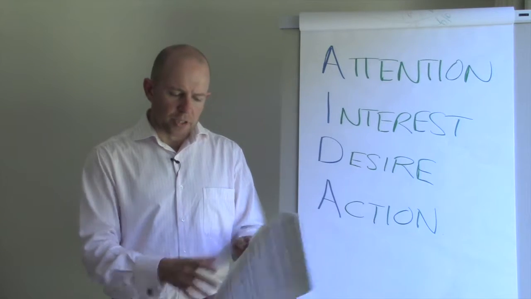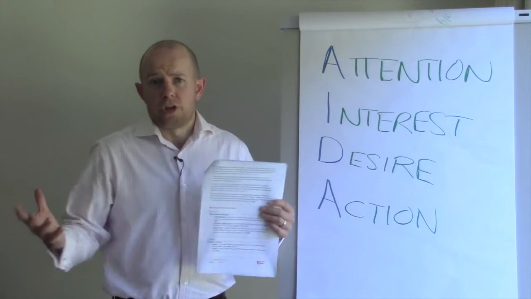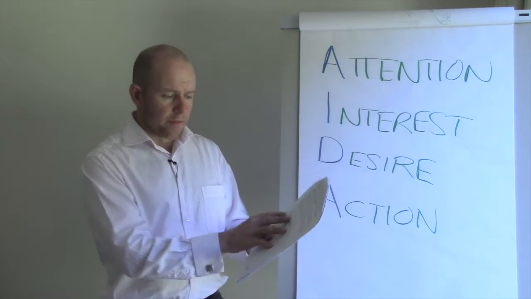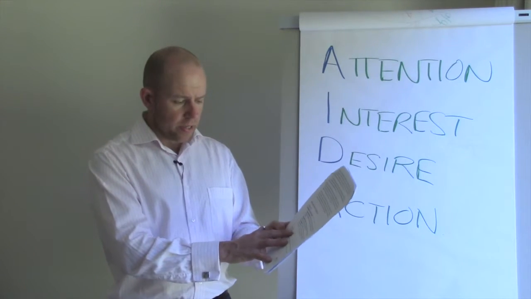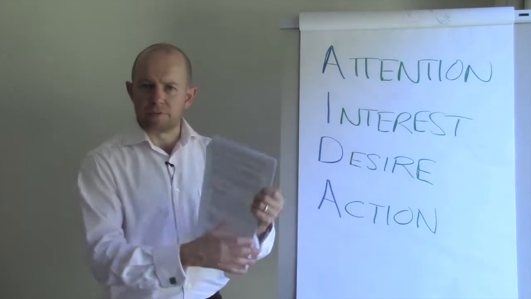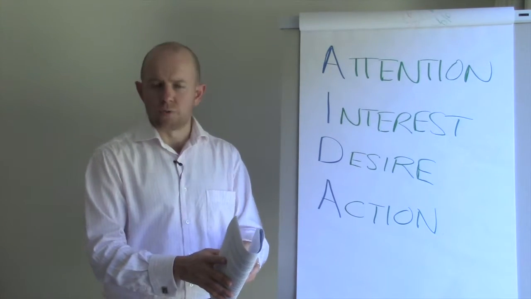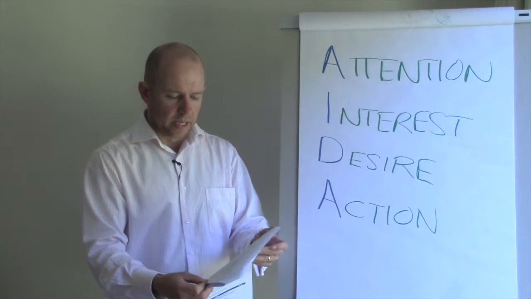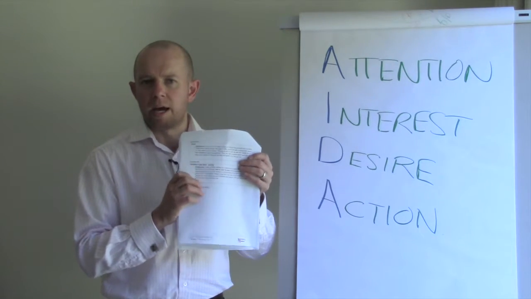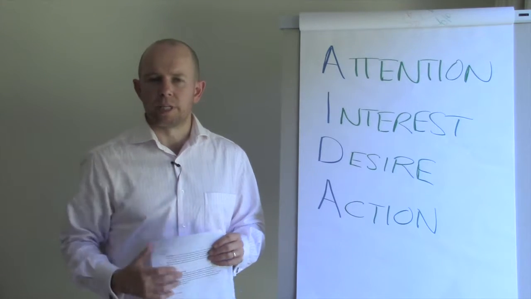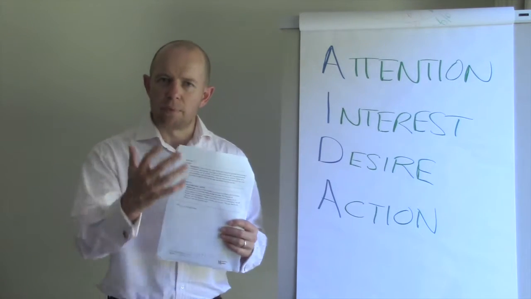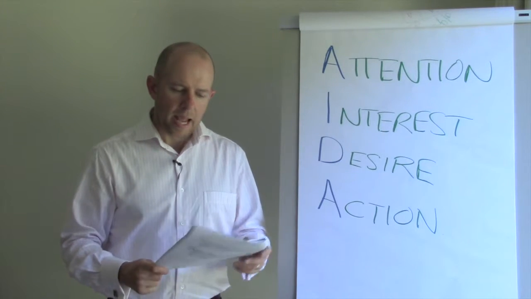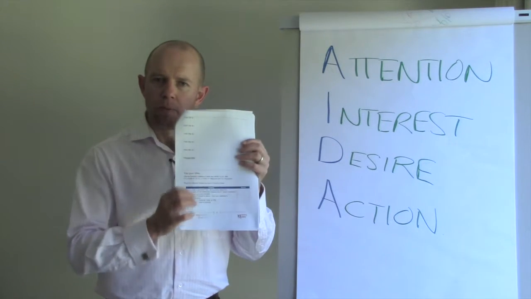There's a couple of examples in your workbook there. We've got 3 examples for different types of actions that you're trying to drive people to. So the first one is information and education. The second example is a special feature. And the third one is driving them to an event. Okay, and a fourth one there, an offer around building your database, or a strategy around building your database quickly. So have a read of those 4 examples there,